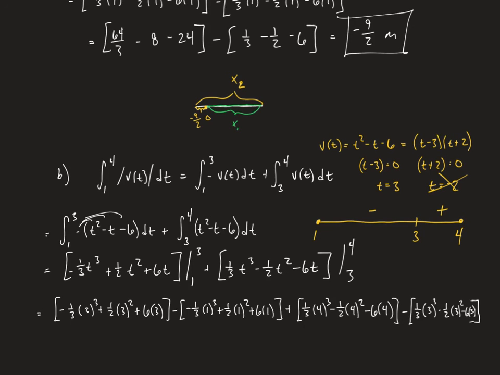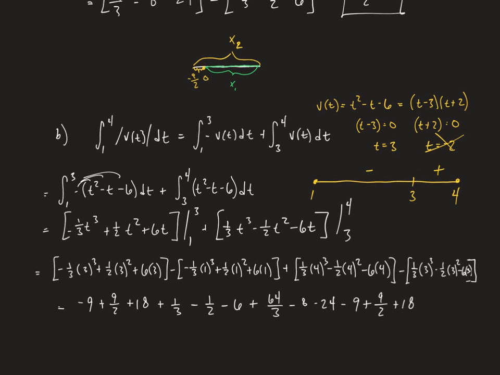All right, so pretty quickly we're going to end up with a negative 9, plus 9/2, plus 18. In the interest of time, I'm going to pause and fill this in. Okay, so those are all the values that we get out of here. I dropped all the parentheses, distributed all the negatives. You could use a calculator and actually combine all these. You're going to get